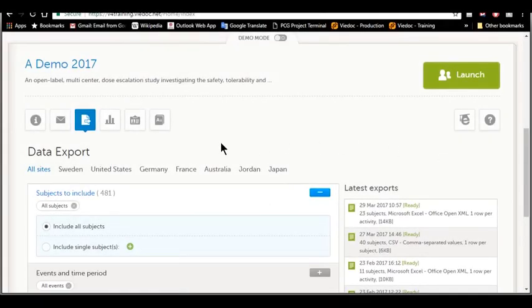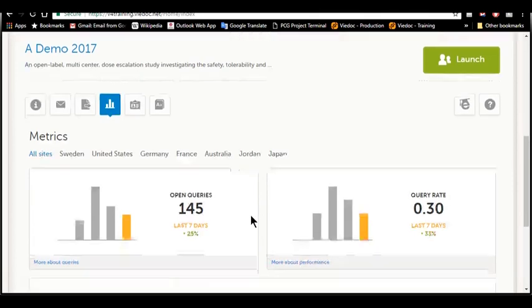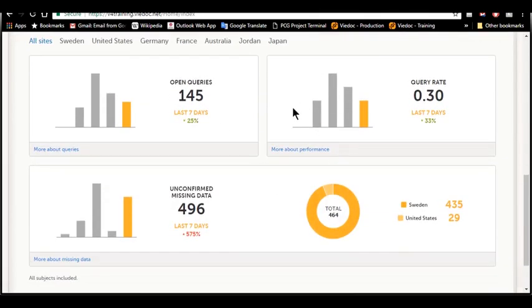For a more practical overview of the study's performance, you have the Metrics tab, which gives you details about the queries and how well the data is being handled. These initial stats here give you an idea of what's happened in the last few weeks. The yellow bar is for the last 7 days, and the gray ones to the left are for the weeks before that. For a closer look, we click on the fine print in blue here, and then we get a